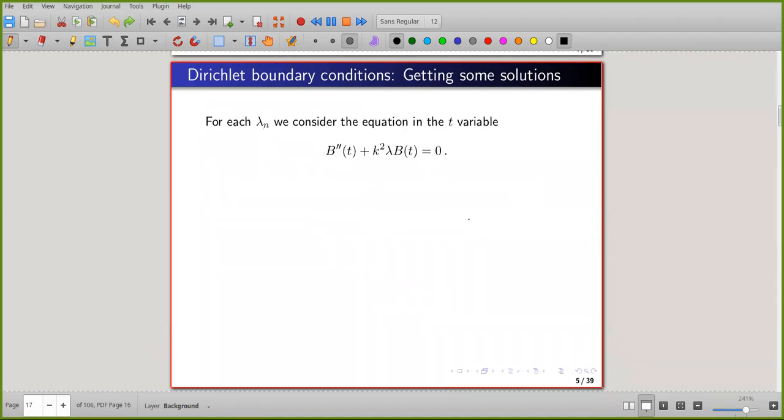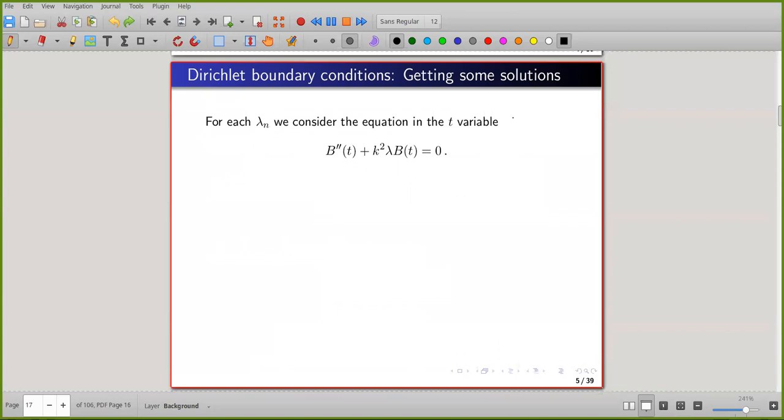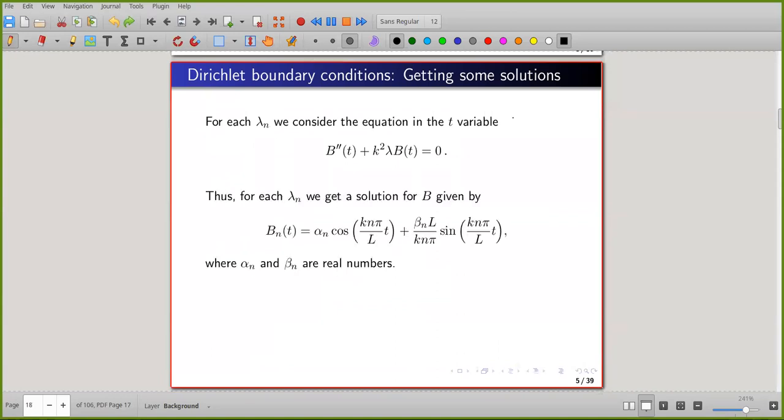These are the only possible lambda_n's for which we have non-zero solutions for the A's, and for each of these we will solve this equation. So for each lambda_n we get a solution for B given by B_n(t) is equal to,